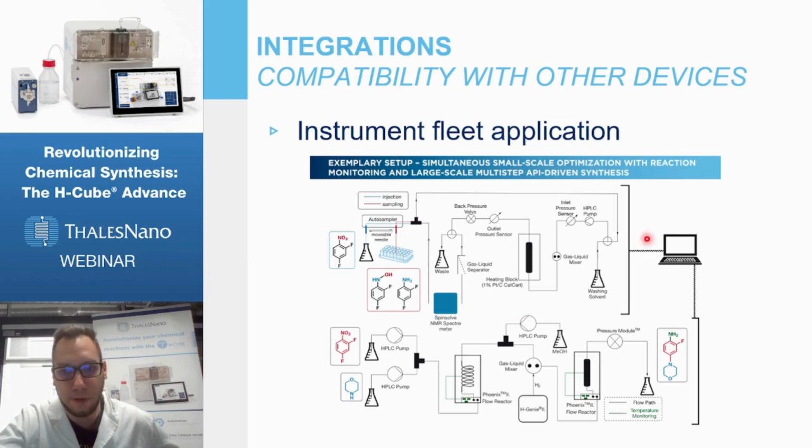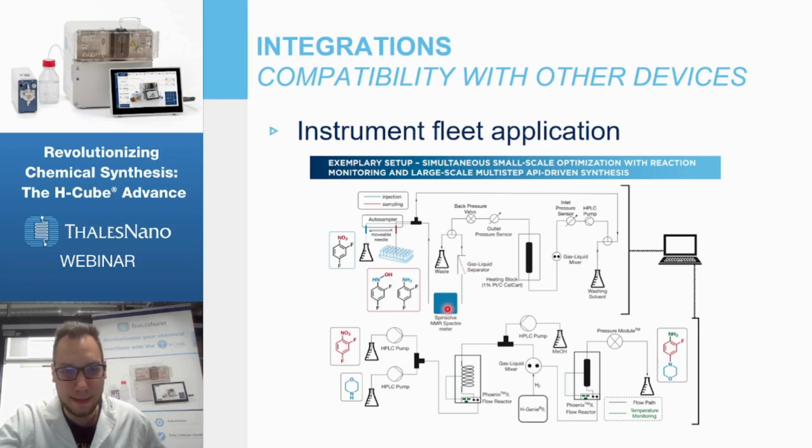On this top setup, you can see a small-scale synthetic platform, which is responsible for the optimization of a nitro reduction. So it's equipped with an autosampler that's doing the injection of the sample as well as the collection of the product. So the starting material is injected, and using a Union T, we can inject this to the beginning of the H-Cube Advance system, and it then goes through the whole reactor. And then we switch this valve to the product collection,